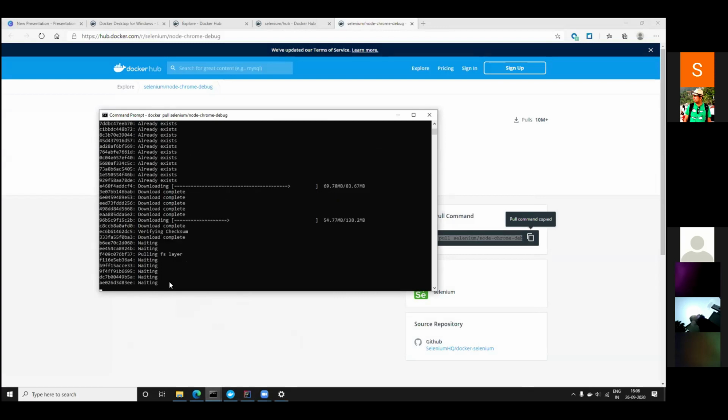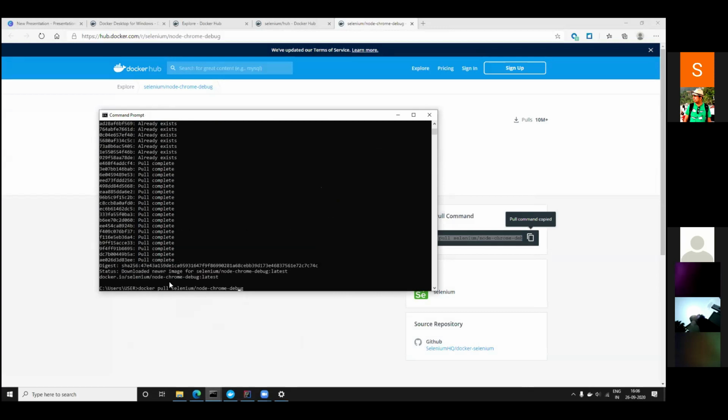By default, Docker images depend on an Ubuntu machine, but you can create Windows and Mac Docker containers as well. We can download the Firefox one. So we can create a Selenium grid with Chrome and Firefox.